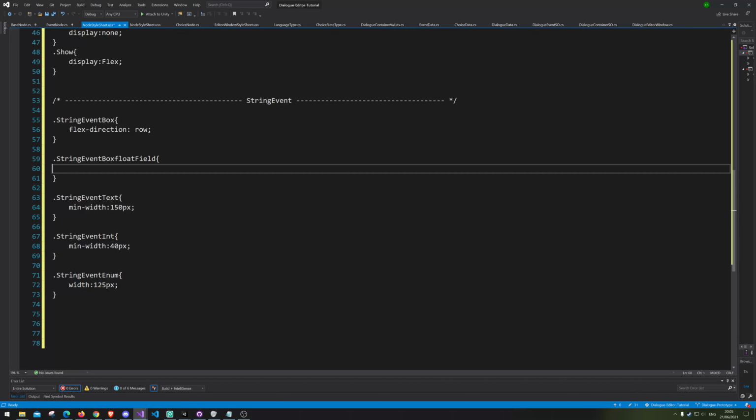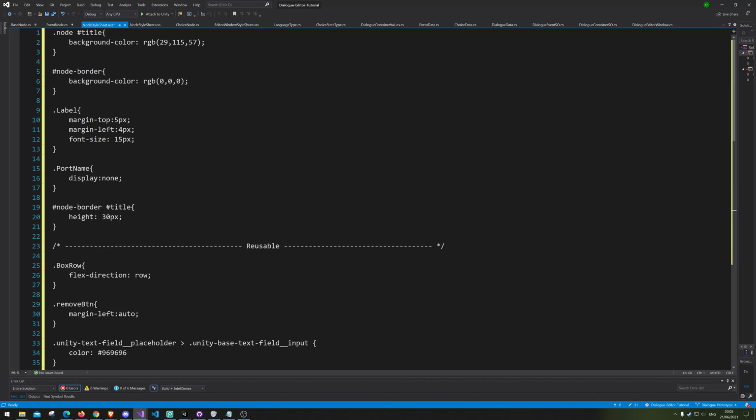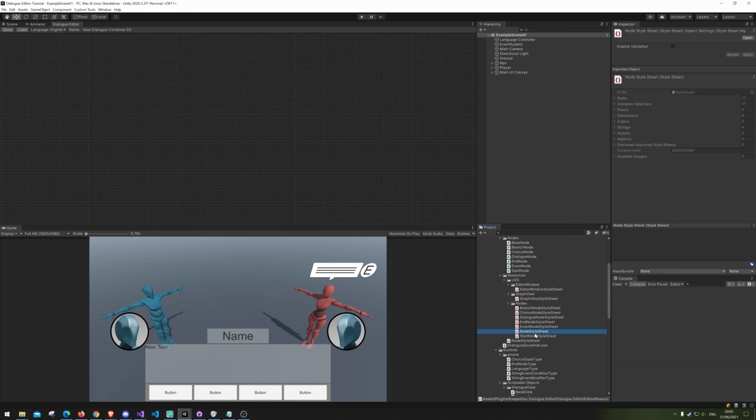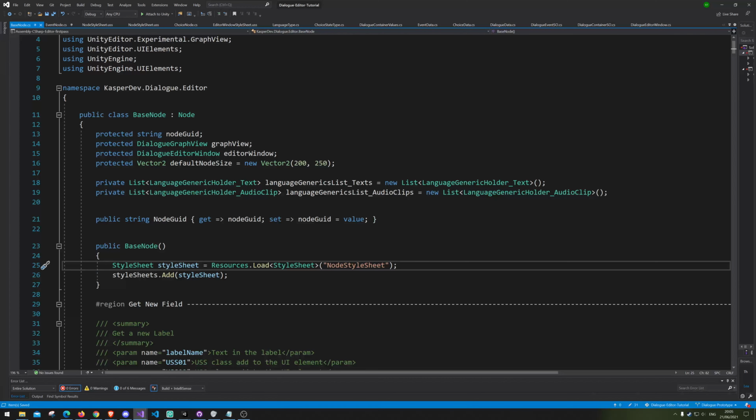Let's go away with this. Alright, so that should now work. Should. Let's go back in here and actually jump into base node, because this is the one right here we need